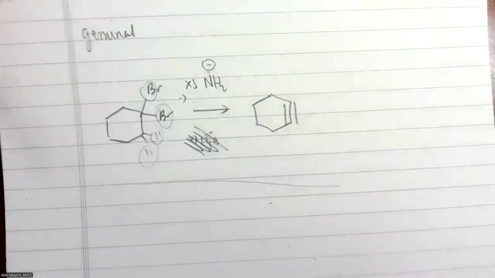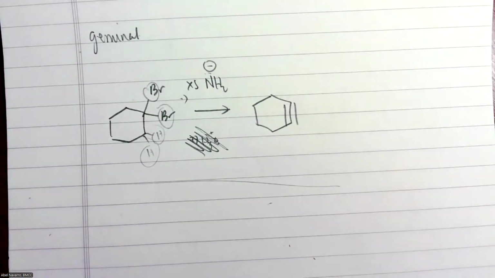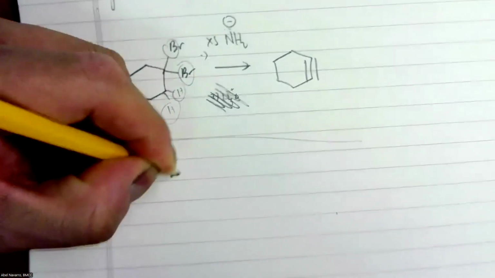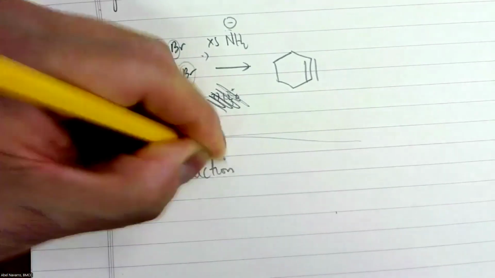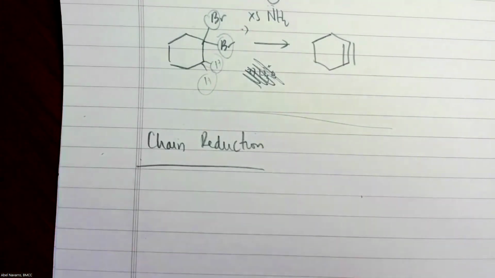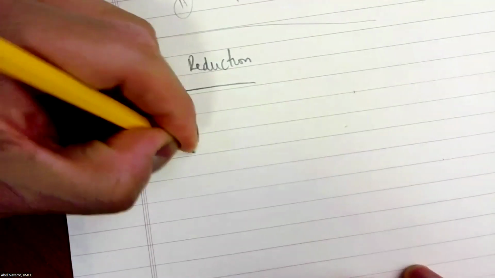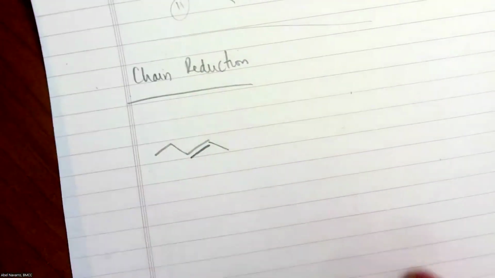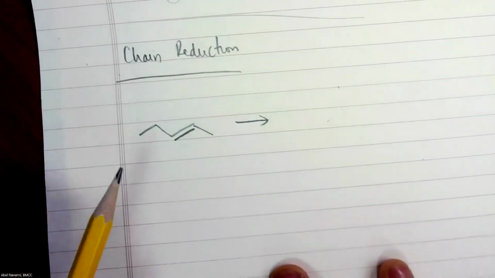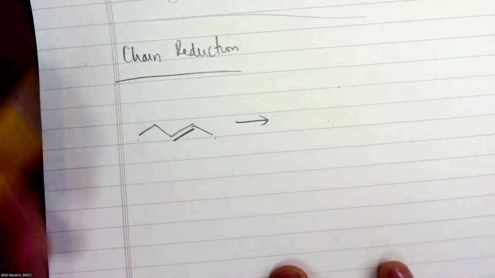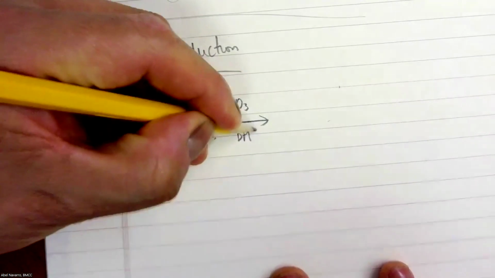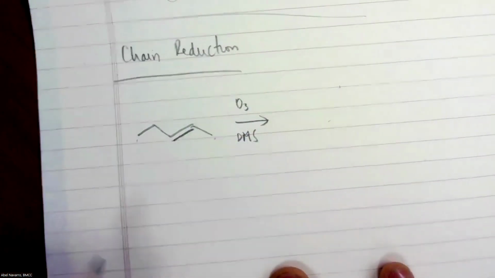All right, so we did chain elongation. Now there is also chain reduction. Reduction, not oxidation-reduction. It's chain reduction in the sense of the length. There are two ways that can be done. Both of them are ozonolysis. In this case, my chain goes from 1, 2, 3, 4, 5. If I do ozonolysis with DMS, dimethyl sulfide,